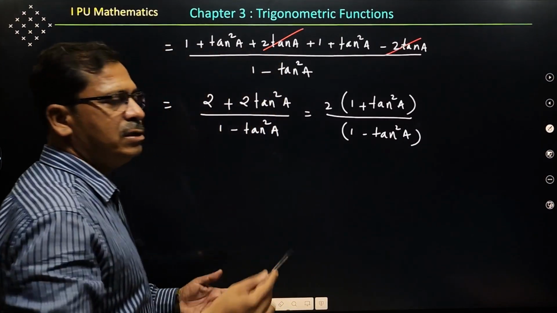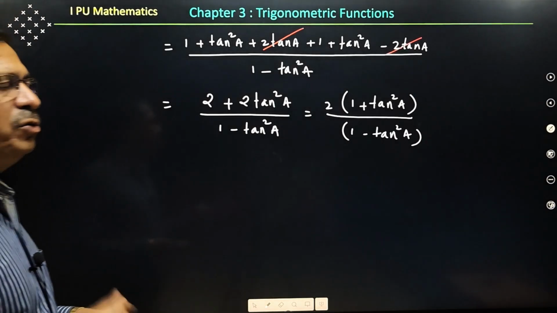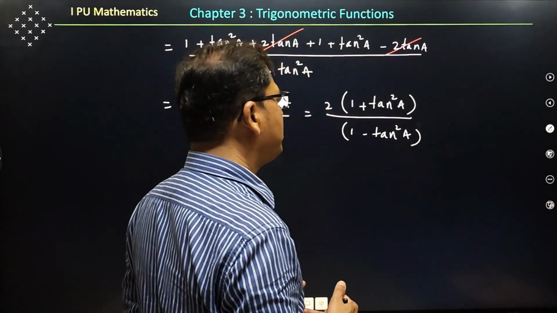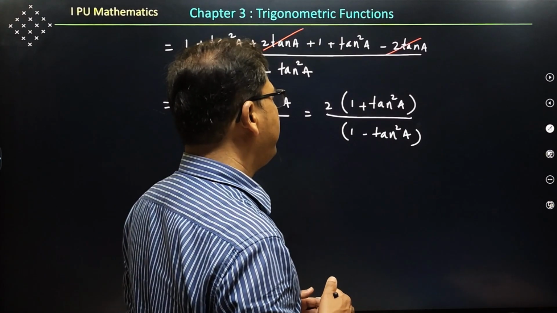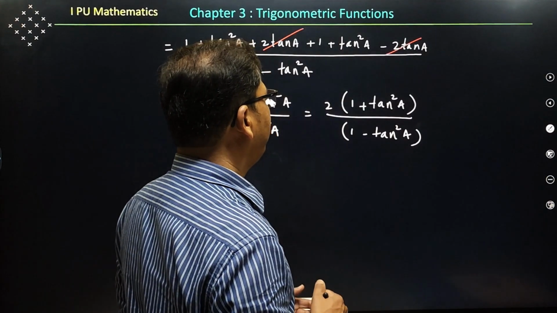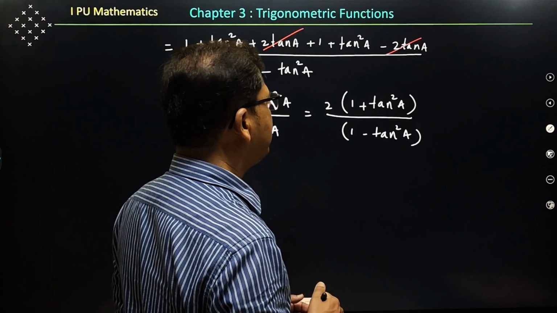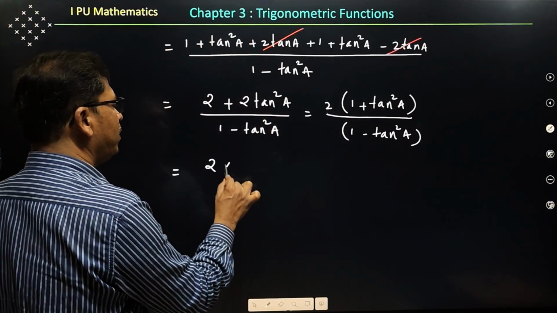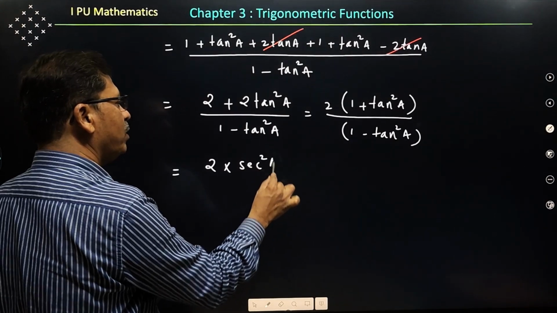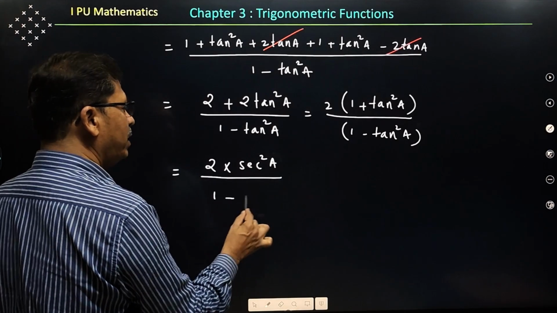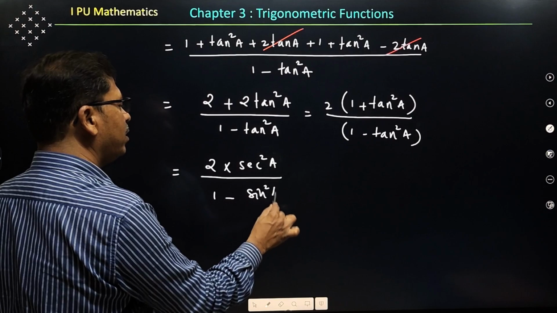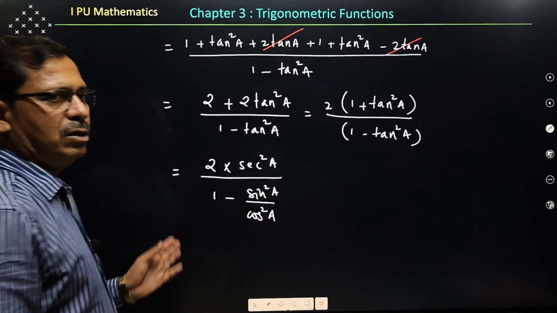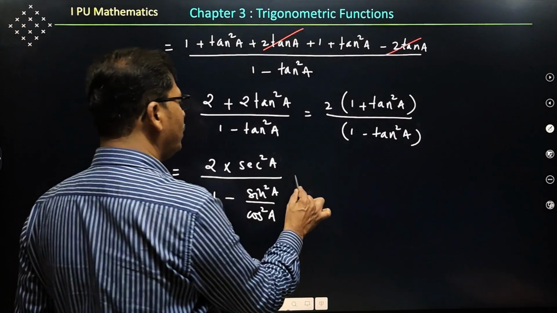But our result is sec 2a, so you still need to simplify this. 1 plus tan square a equals sec square a, you can replace that, but for 1 minus tan square a there is no option. This is equal to 2 into sec square a, you write directly, divided by 1 minus sin square a divided by cos square a, you can write here. Okay, now this is equal to 2 sec square a